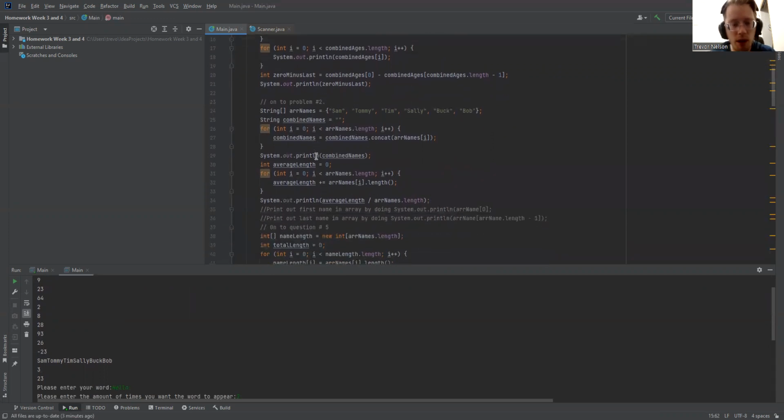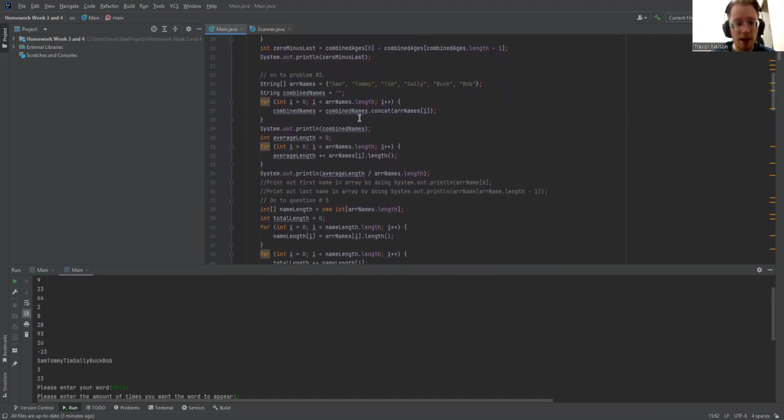Okay, on to the second one. We have an array of strings, so some names. What we want to do is combine all the names together. So we got system out print combined names, int average length equals 0, just so we have a variable to go by. For int i equals 0, i less than names dot length, i plus plus, average length plus names i dot length. So that way we get,